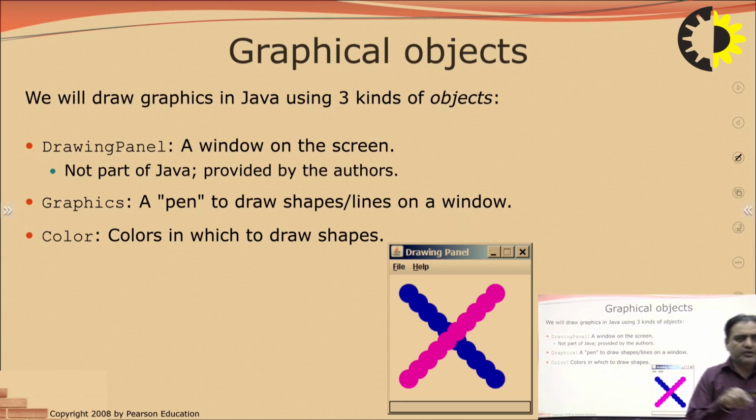It is the board on which you can draw particular shapes, meaning rectangle, circle, ellipse, parabola, and square, whatever shape. Graphics: a pen to draw shapes, lines, and colors. Different types of colors are available, so we can choose any one color and draw the shapes.